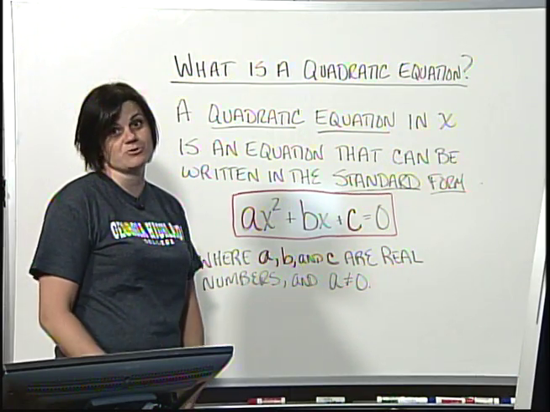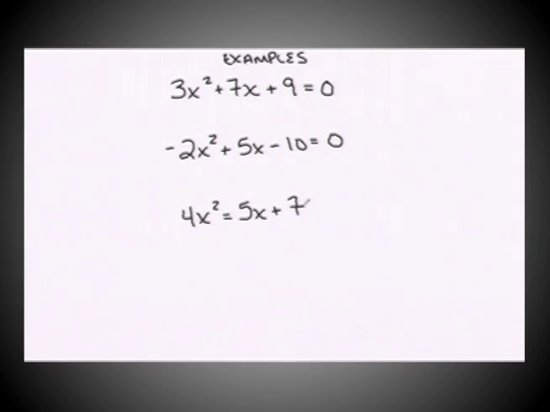to recognize them yourself. All right, so I have 3 examples written here on the screen, and each of these are quadratic equations, and I'll just point out the characteristics that make these quadratic equations. So first of all, you can see that each of these has a degree of 2. So my highest exponent for each of these equations is 2, making them quadratic. Now, if we look at the first example here,